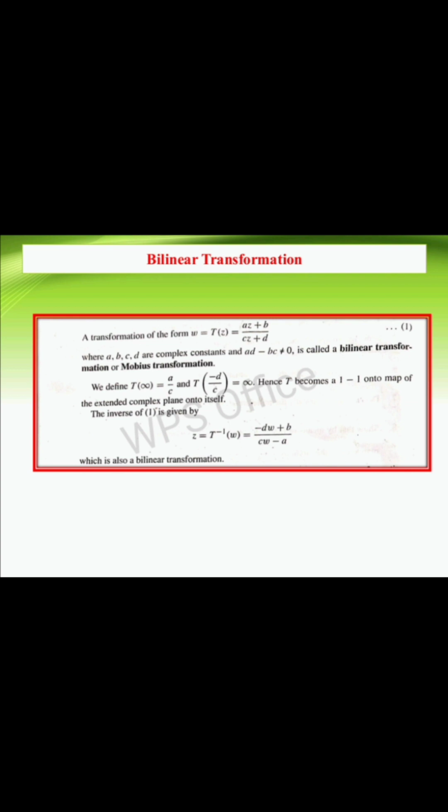Suppose the complex numbers include infinity, the C union infinity; this is called the extended complex plane. Therefore the bilinear transformation T becomes a one-one onto map of the extended complex plane onto the extended complex plane. The bilinear transformation w equal to (az plus b) by (cz plus d) can be expressed as czw plus dw minus az minus b equal to 0. It is linear in both w and z, so it is also a